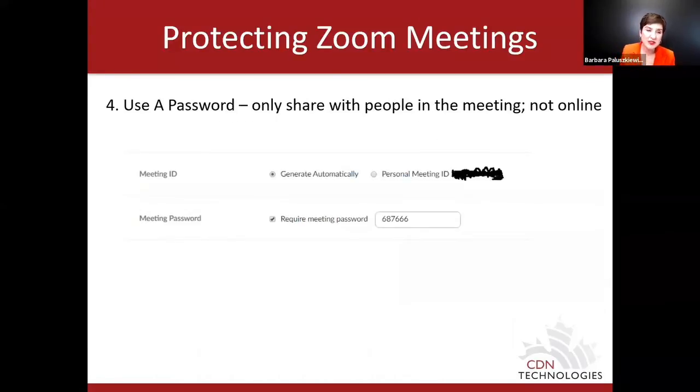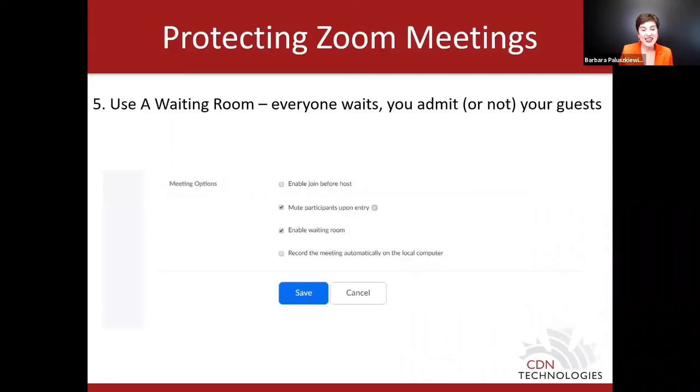Protecting Zoom meetings, use a password. Only share it with people in the meeting, not online. And the other thing is enable the waiting room feature. So much like in a doctor's office, there's a waiting room. Every guest is placed into a virtual waiting room before the meeting starts. And when you're ready, you just manually admit guests. So this gives you control over who can attend the meeting and who can't attend the meeting. If you don't want someone to show up, you just say no, you can't come in, and